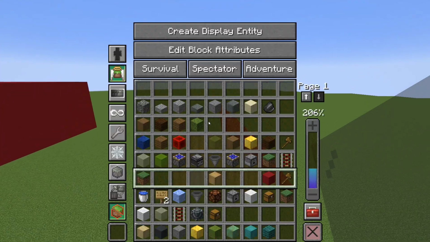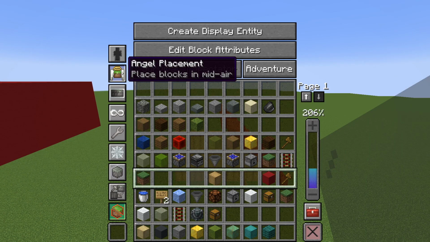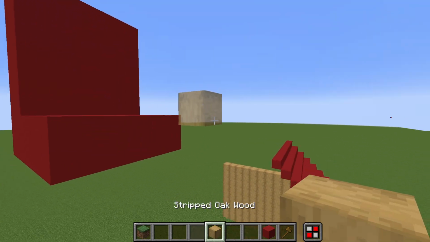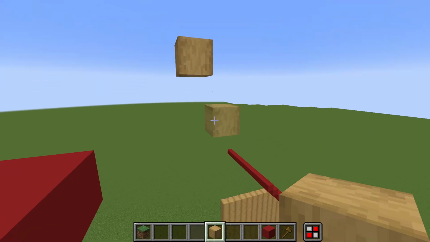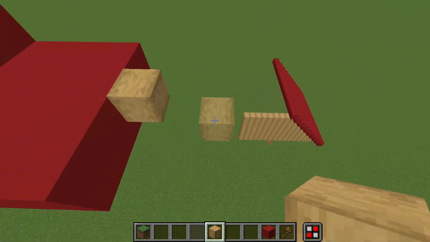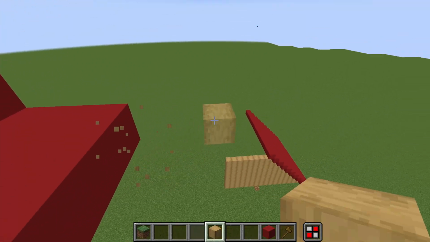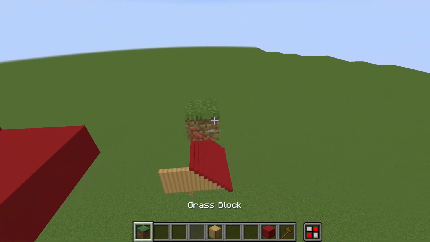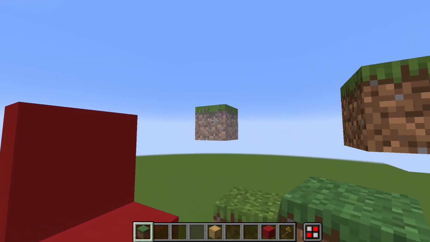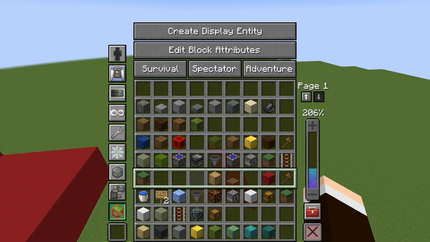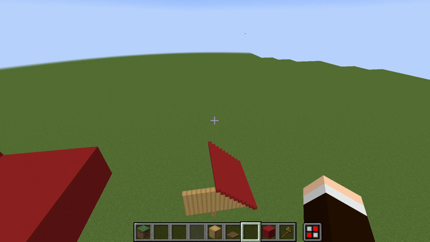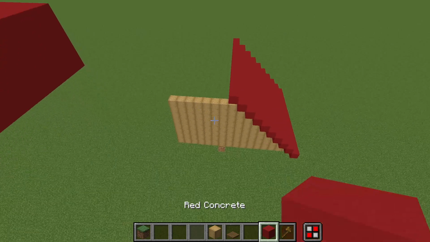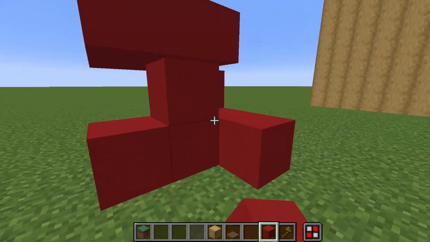We now have Angel Block. Place blocks in midair. It's really self-explanatory. If you are still using World Edit and you want to do a selection, you can do this. And then also maybe if you like placing leaves and you want to just start in midair. Now we have this one, which is fast place. Place blocks very fast in a controlled manner. I actually don't have this turned on, but I imagine it's